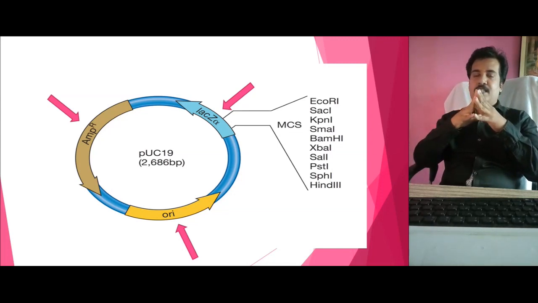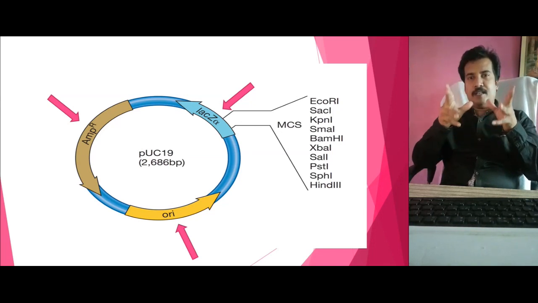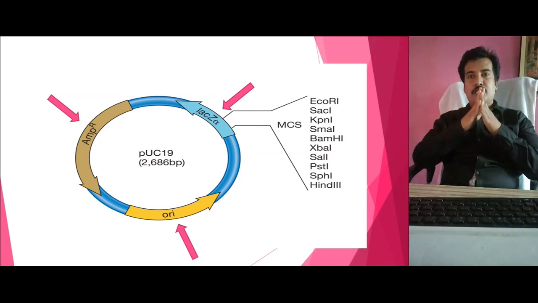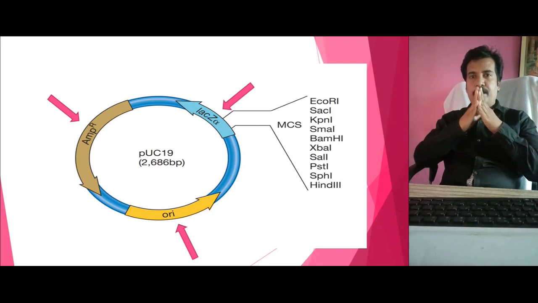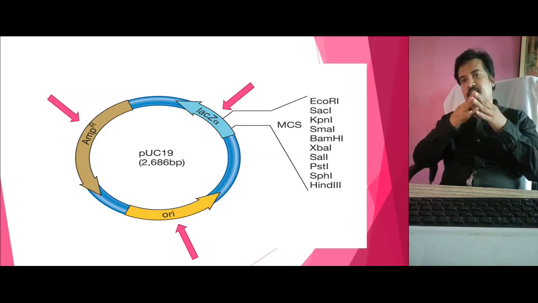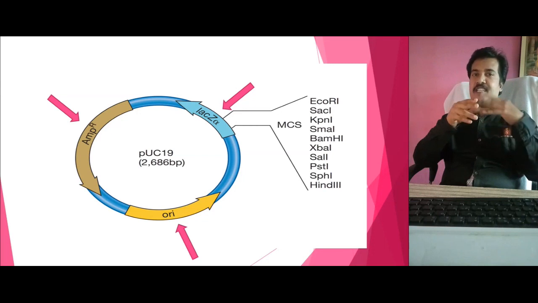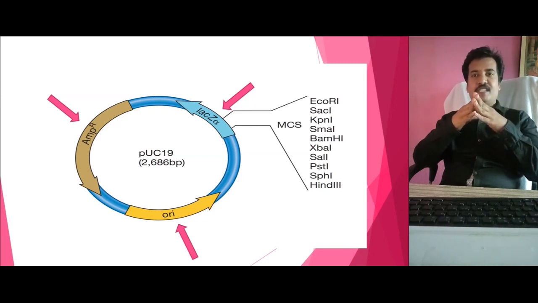And the third one, as you can see, is the ampicillin resistant region. The ampicillin resistant region is called a biomarker. I can call it the third feature, that is, the marker region. This is helpful in identifying whether the host organism carries the vector, that is, the cloned vector, or not. If it carries the cloned vector, it will grow in the ampicillin medium. If it doesn't carry the vector, it doesn't grow in the ampicillin medium.